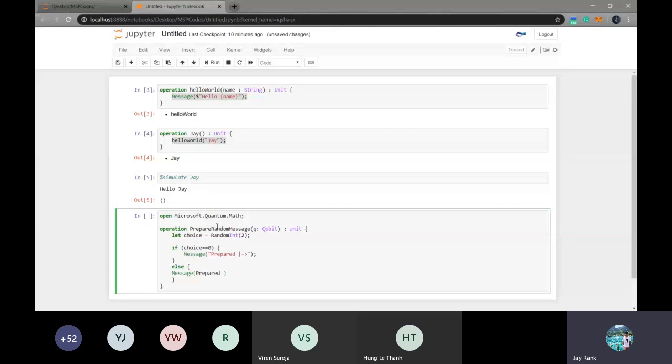Yeah, so now we've defined a function that will take the choice, any random choice, and prepare the entangled state, but